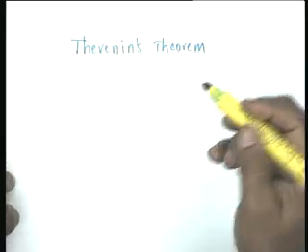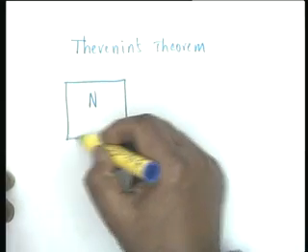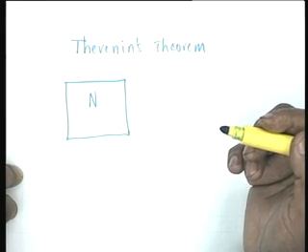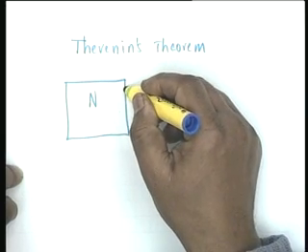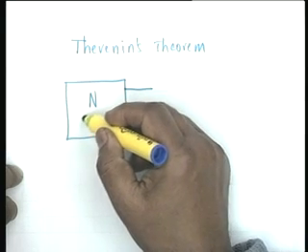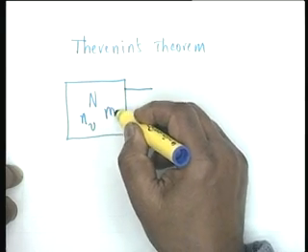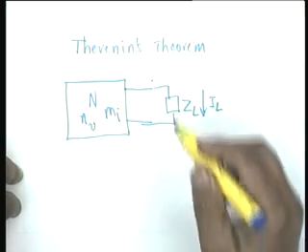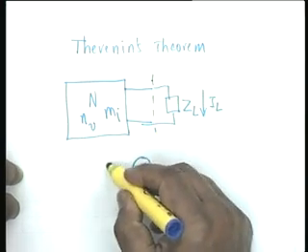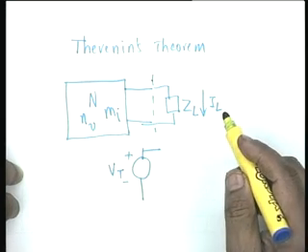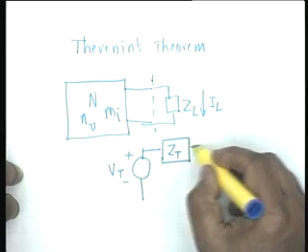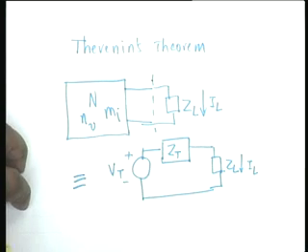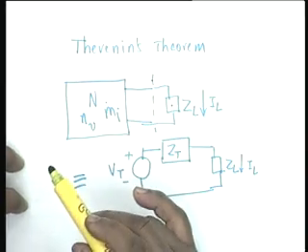and to recall what Thevenin's theorem is, it is that if a network N which contains sources, current sources as well as voltage sources and network elements, but no magnetic coupling between N, there are N voltage sources and M current sources, and if this is connected to a load Z L, then the current I L in the load, as far as the load is concerned, the network behaves like a voltage source V T, which is equal to the open circuit voltage in series with an impedance Z T, then a Z L, and this current is I L. These two networks are perfectly equivalent to each other, provided Z L and N have no magnetic coupling.